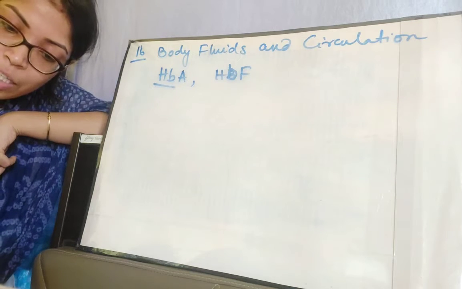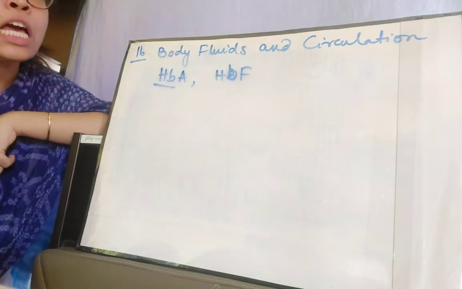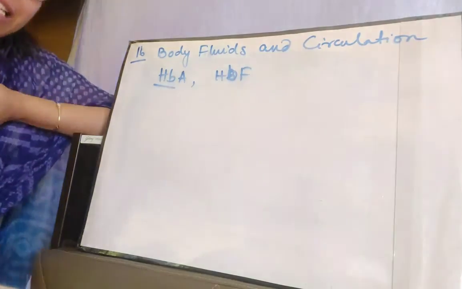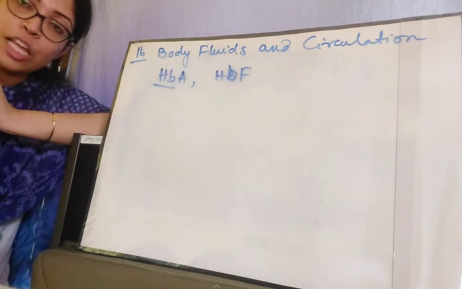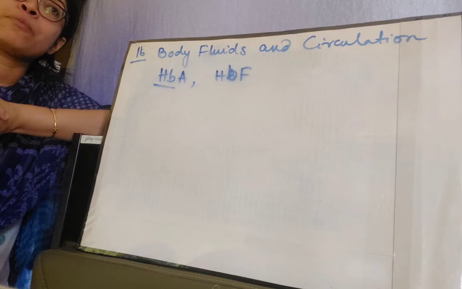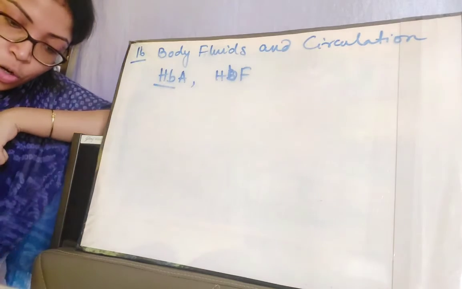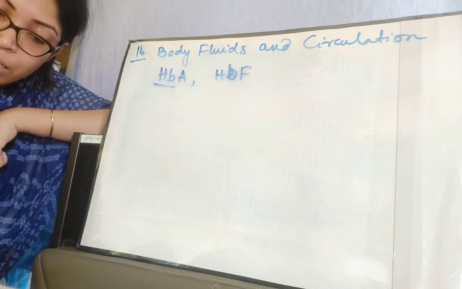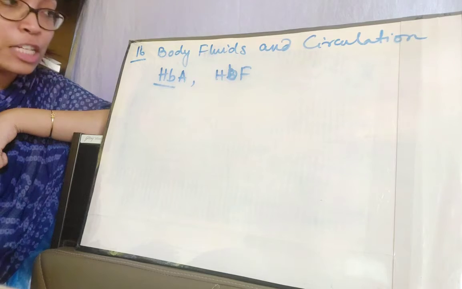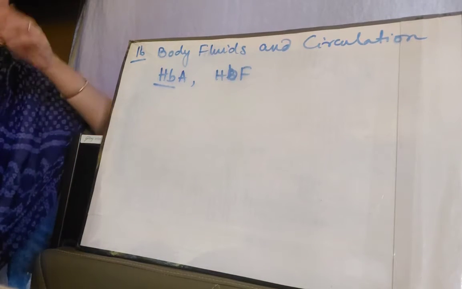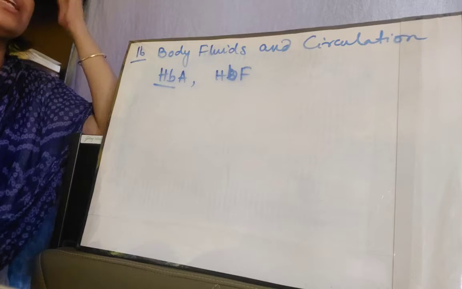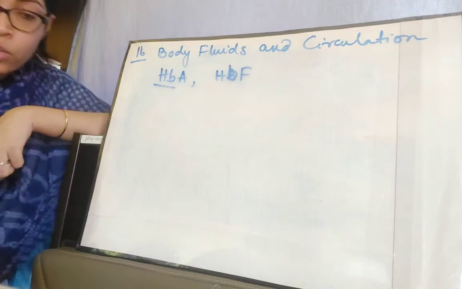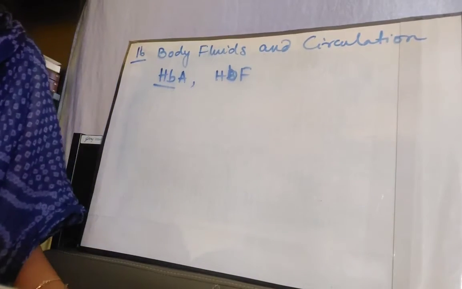HbF and HbA differ chemically due to some variation in the globular protein. The 96% globin is there in hemoglobin, right? So that 96% globin differs in HbA and HbF. The adult and fetal hemoglobin, its main difference lies in the globin composition or the globin structure. HbF has greater affinity for oxygen and releases carbon dioxide more easily than HbA. So fetal hemoglobin binds to oxygen and carbon dioxide more easily than adult hemoglobin. Okay, so these are the two differences between HbA and HbF.